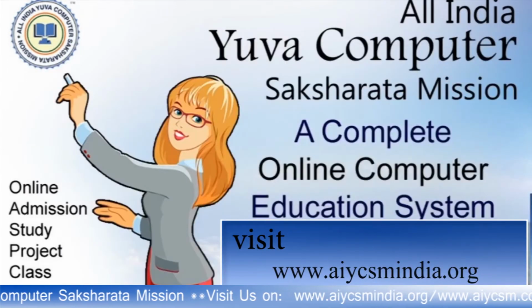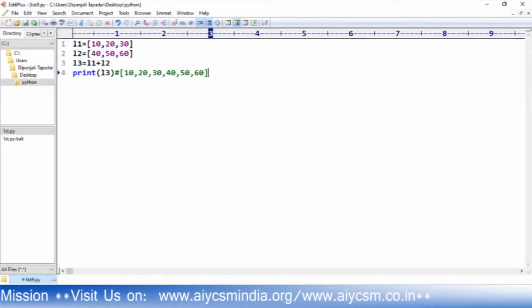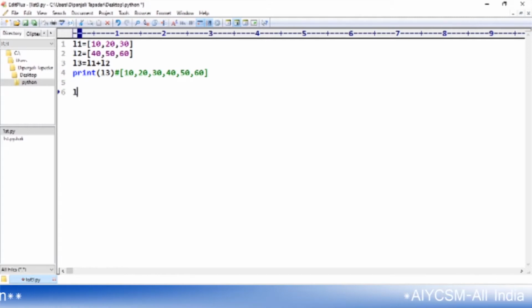Now we will go for the repetition operator. If I want to repeat something within this, I have to explain. This is L4. L4 is 10, 20.